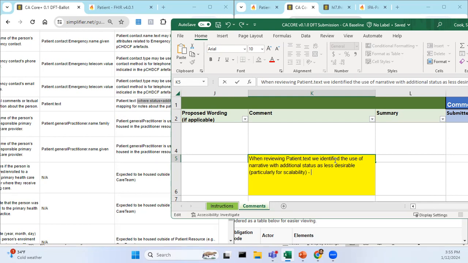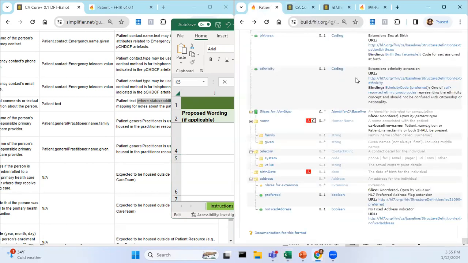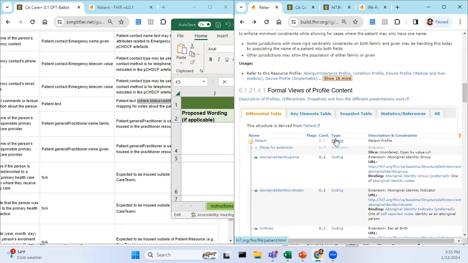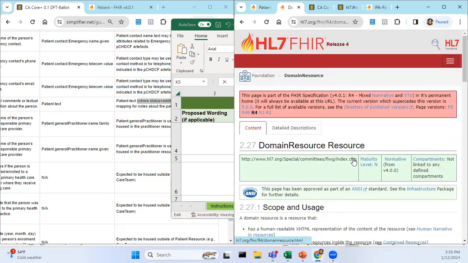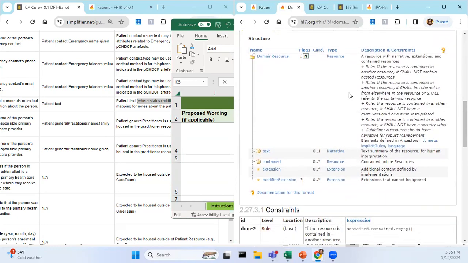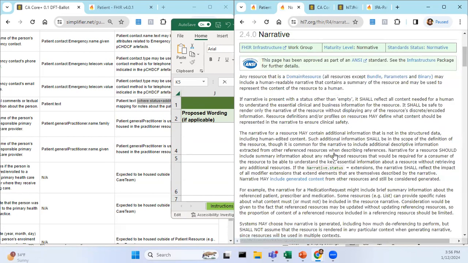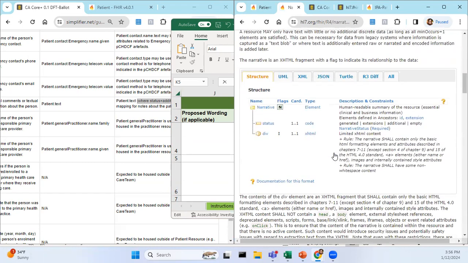Is patient.text one of the metadata? Well, no, every resource has a text area that's the human readable narrative. Lots of people don't pay very much attention to it or just generate it from the structured content. But as Elliot pointed out last week, you can't say there's additional information there and put information in there. I just don't think it's the expected place to find this kind of thing. And the other reason, it's more about the resource as a whole rather than the patient. Well, we're talking about the patient resource, so we're talking about the resource as a whole. Yeah, but more, I think,